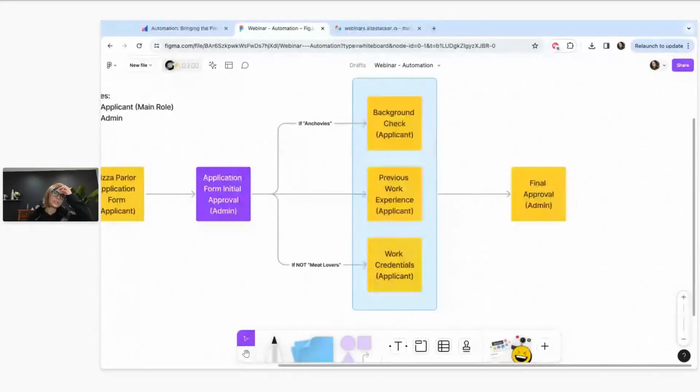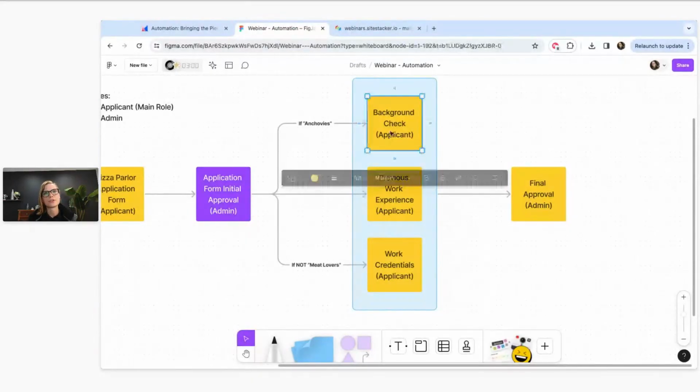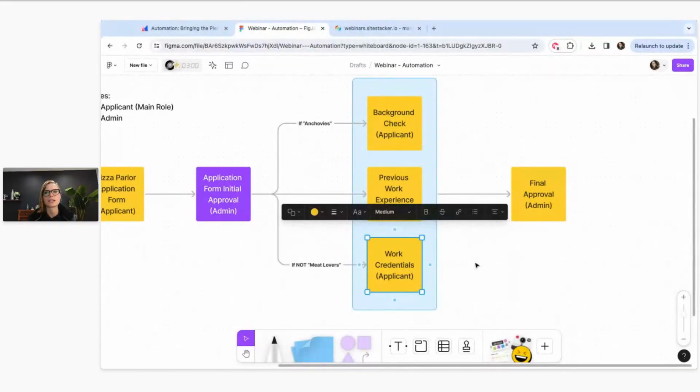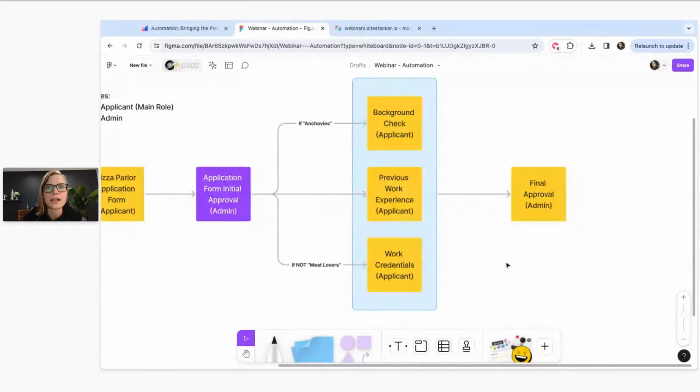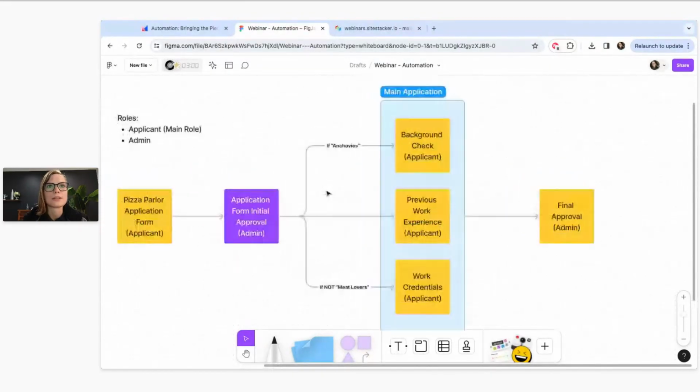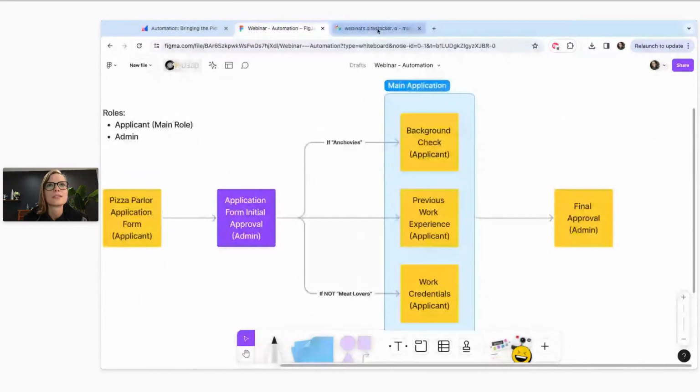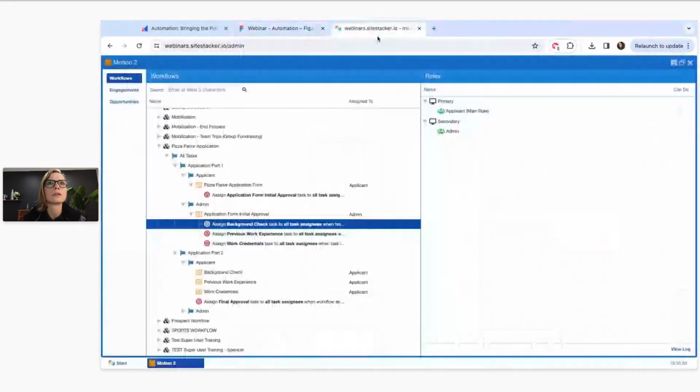If they chose anchovies, which is a big red flag, they're going to need all of these. They're going to need background check, previous work, work credentials. So the plan is to go into our triggers and make that happen. We're going to kind of figure that out together. So if I jump into webinars,